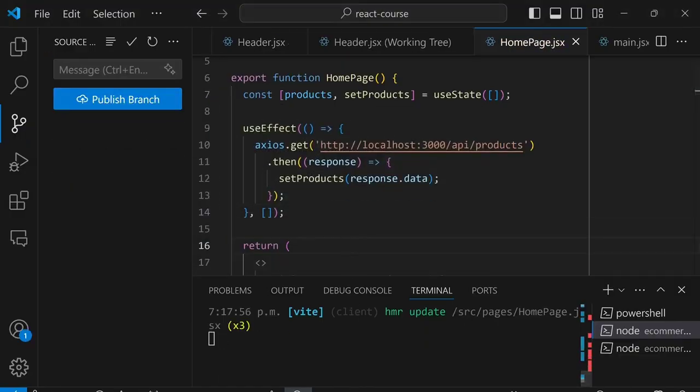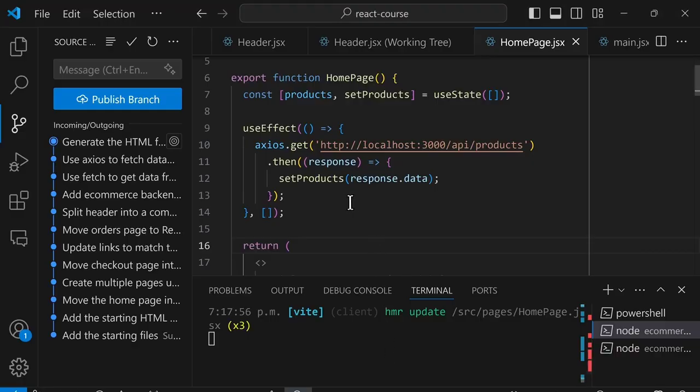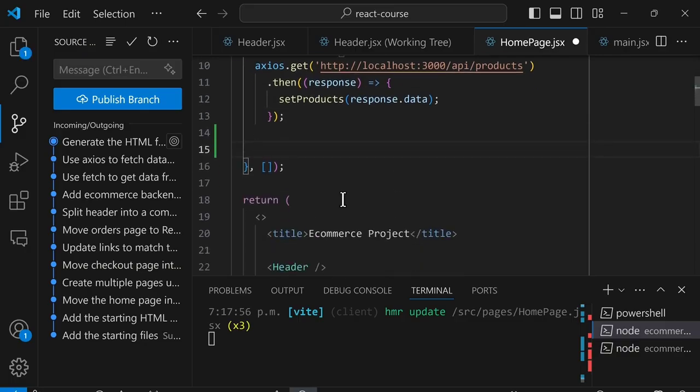Next, if we look at the website, in the homepage, we also need to get the cart from the backend because we need to display this quantity number up here. To do that, we'll go back to our code, and we're going to make another request to the backend to get the cart. So below this request, we're going to use Axios again. axios.get(), a string, and we'll give it the URL